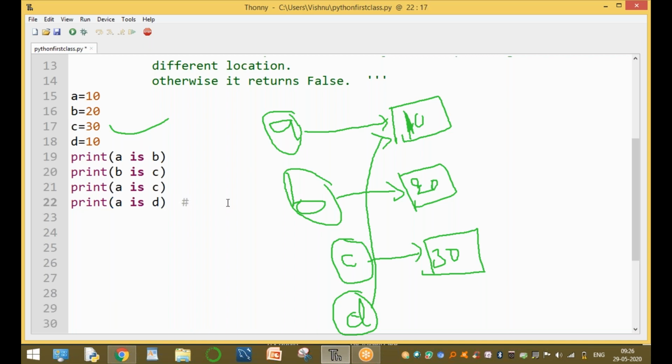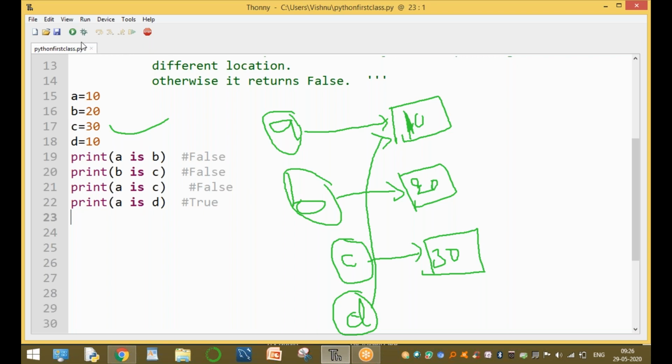Only this condition returns true, and the remaining are all false.